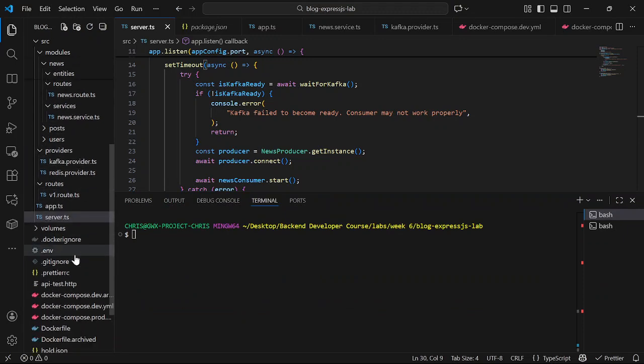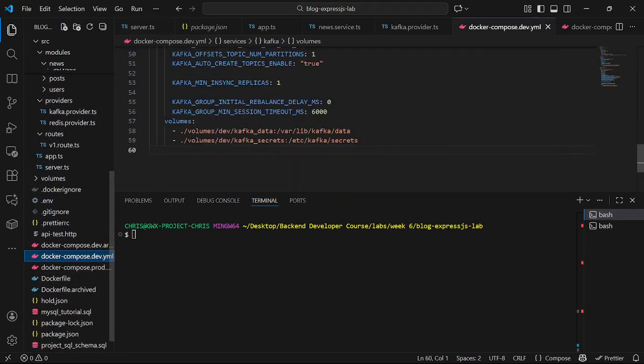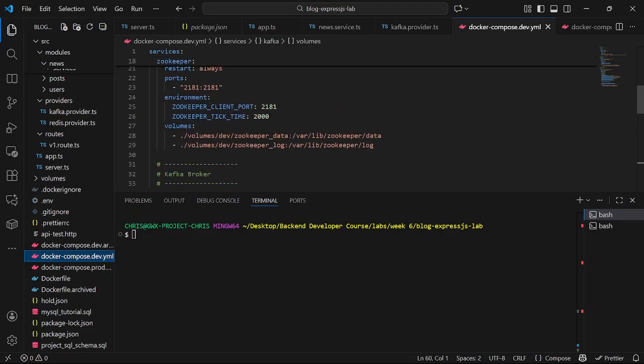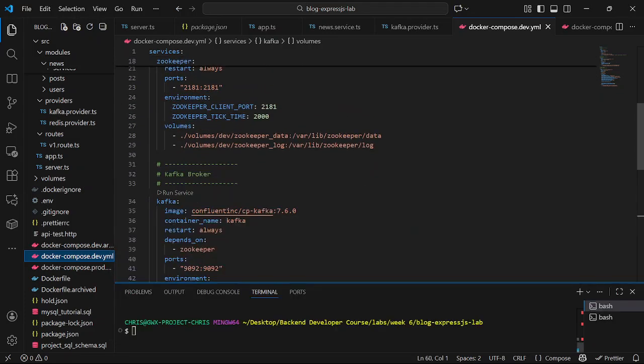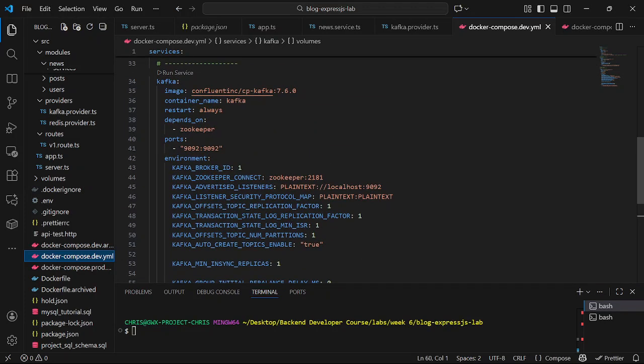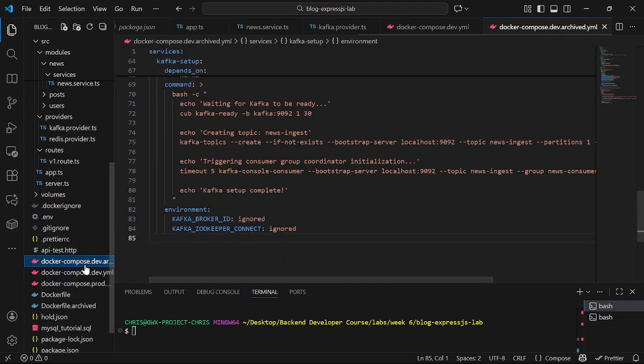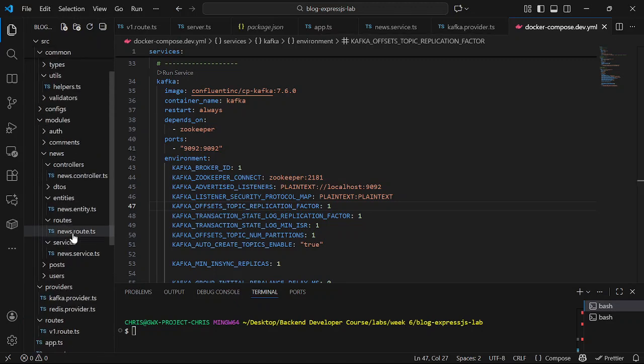If you look at our Kafka configuration, our Docker compose, everything is still as it is. I just had to put some environment variables here.